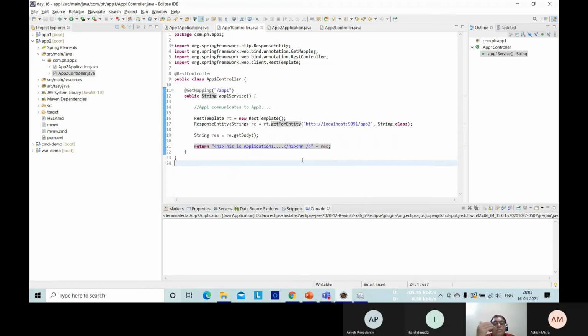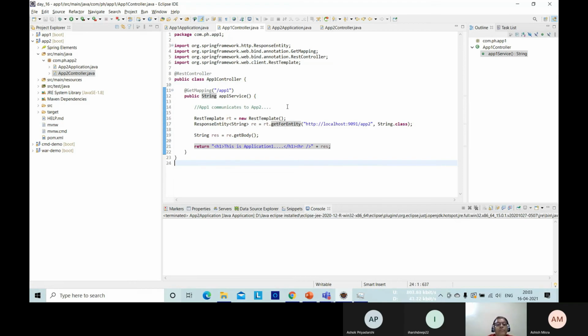App 1 needs it. Who is supplying? App 2. So app 2 serves app 1. At this moment, app 2 is serving, so it's a server serving app 1.